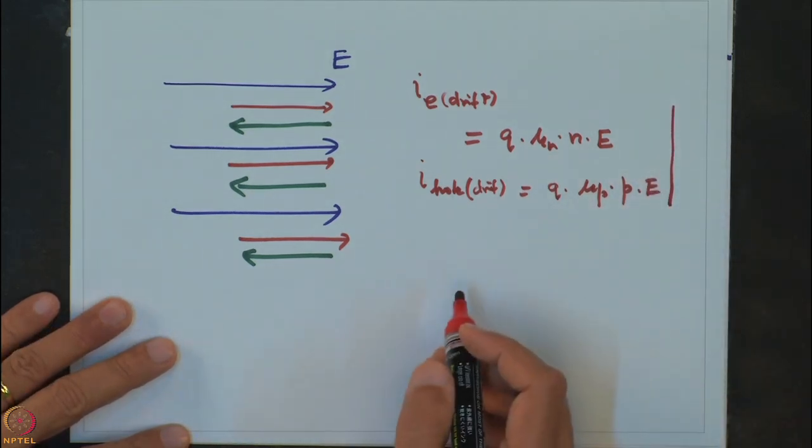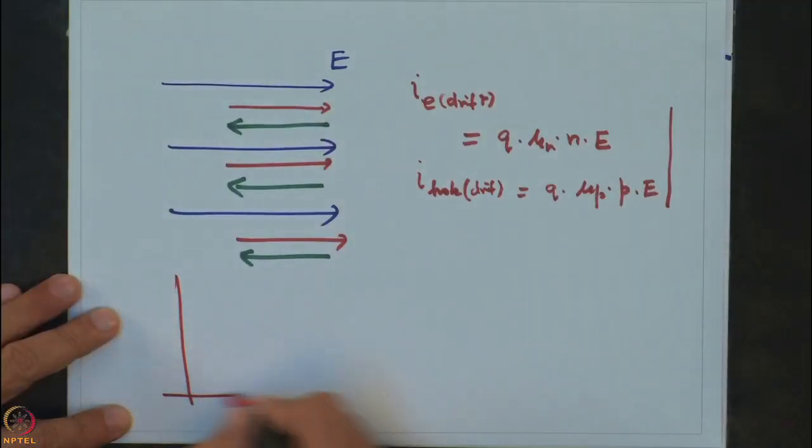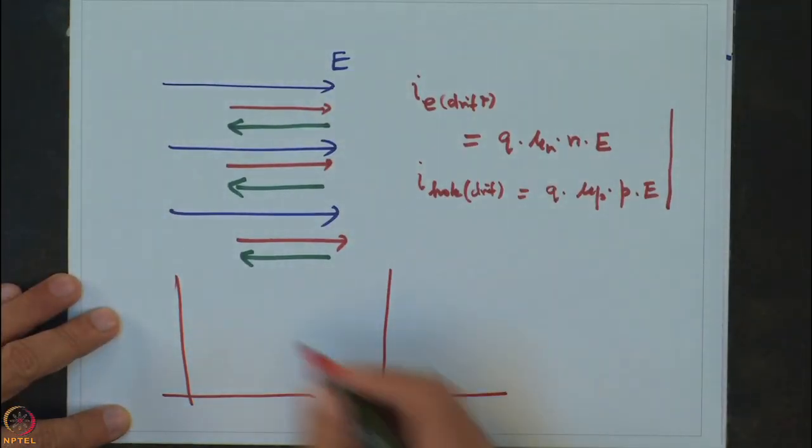Now, similarly, if there is a gradient of the concentration from one side to the other, so for example, if there are more holes on the left side compared to the right, or there are more electrons on the right side compared to the left side, they will actually flow from the high concentration area to the low concentration area, and I can actually show this with the help of these two